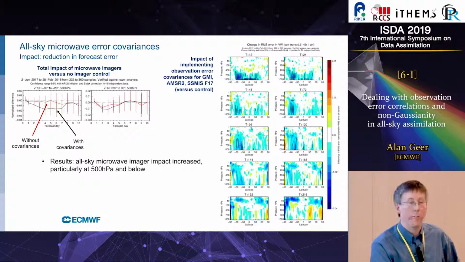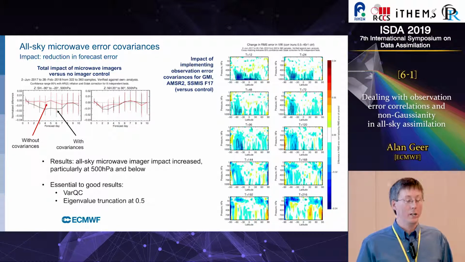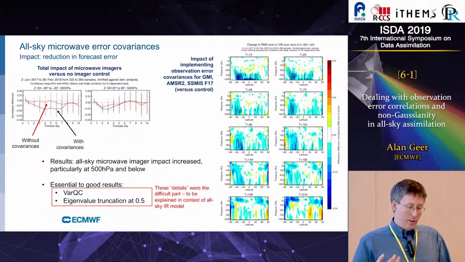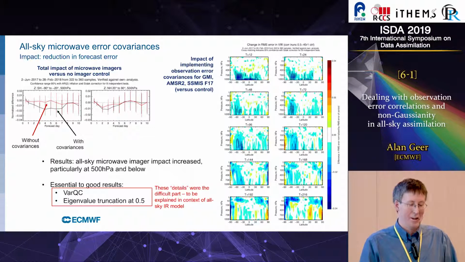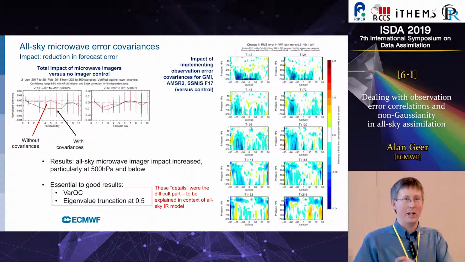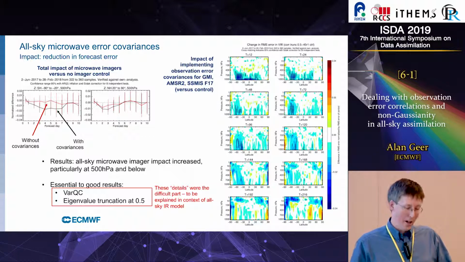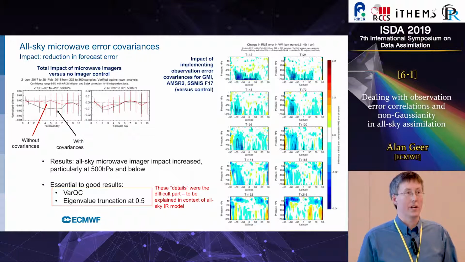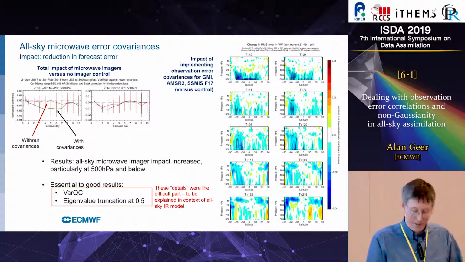So that's something that seems to be working very well, but I've cut out a long part of the story, which I hope I'll be able to flesh out in the last few minutes, is that it wasn't working well to start with. And two reasons for that. One, it was not initially possible to combine VAR-QC, which earlier I told you was very important to actually getting good results with all-sky. It wasn't initially obvious how to combine VAR-QC and interchannel correlated errors. And secondly, I was just applying the matrix without this truncation, which most people seem to do. So without those, the results are terrible. Only with VAR-QC and with eigenvalue truncation, which I'll explain in a moment, do we get good results.